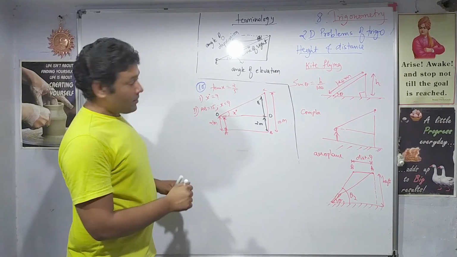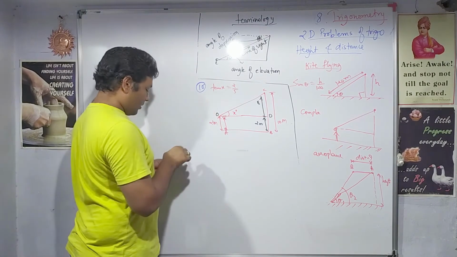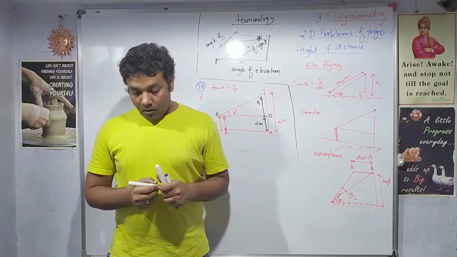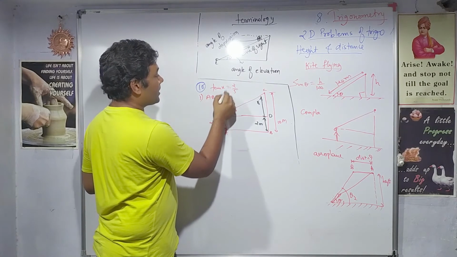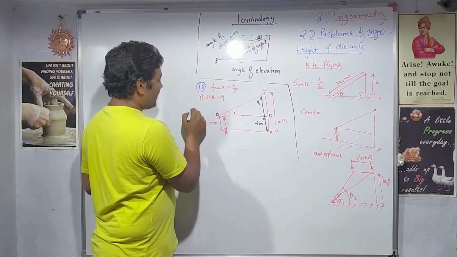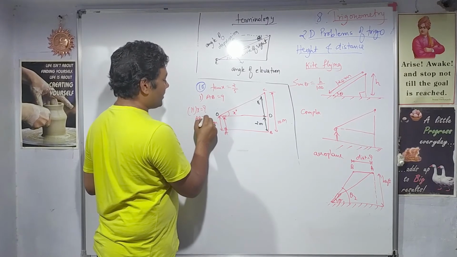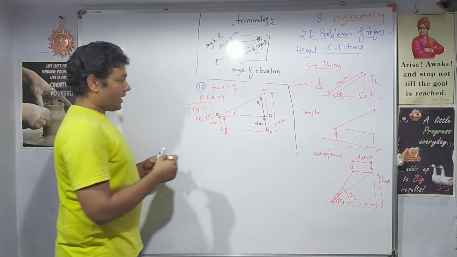No, distance AB, this is wrong. I have written the wrong question here. The first part which they say to calculate is distance AB in meters. So AB I have to calculate in meters using this data. And then in the second part I have to calculate x if AB is given as 15 meters. That is what the two parts of the question are, right?